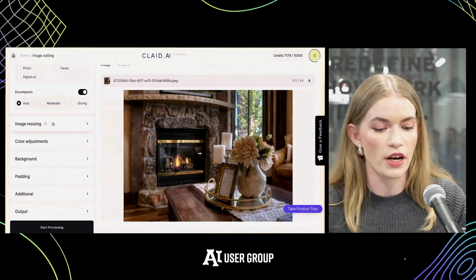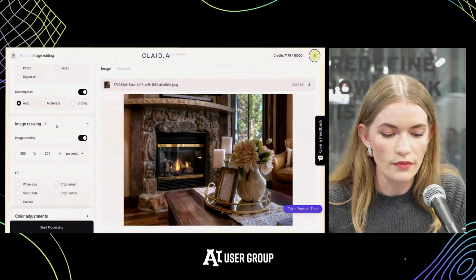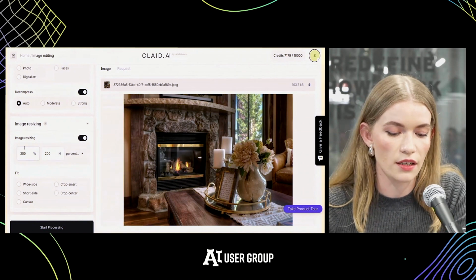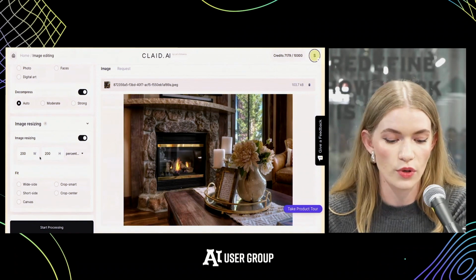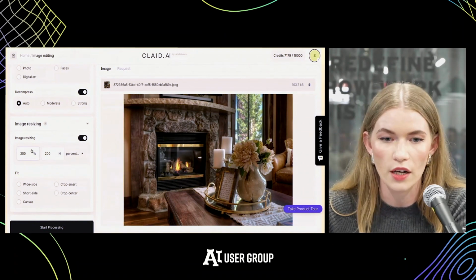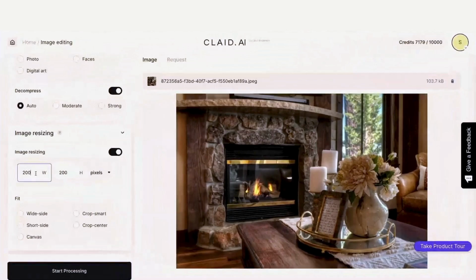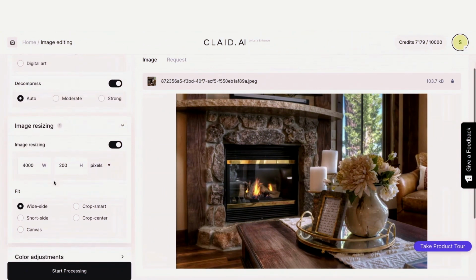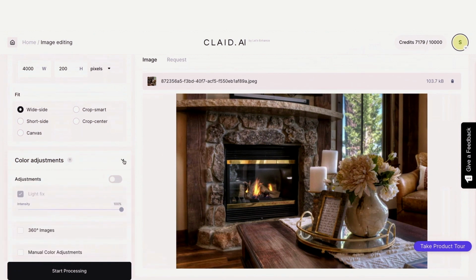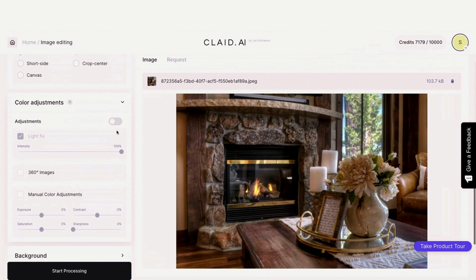So first we will try to recover image. Then we can resize it. We can just improve the quality just to X, or if we have specific requirements that the image needs to be like, I don't know, 4,000 pixel wide, we can specify it here that we want it to be 4,000 pixel wide. A lot of images lack light or are not looking very attractive, so we have a separate AI